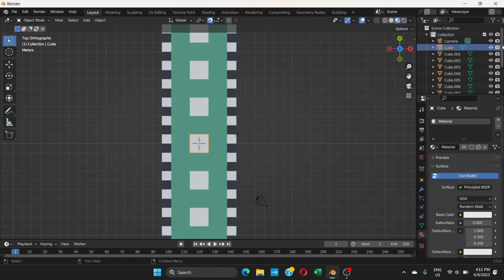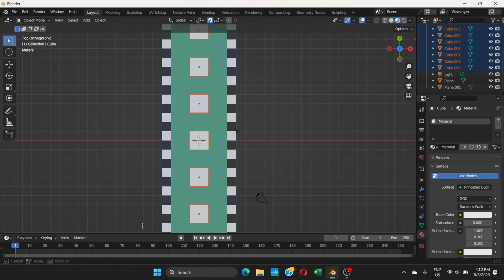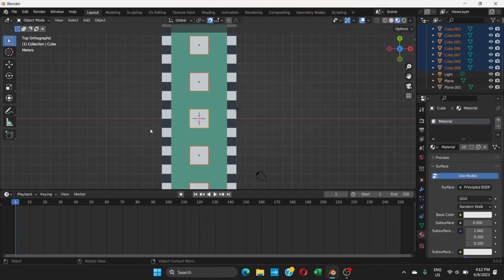Cube, and then go down here and hold the Shift key and select cube 009. Now here's a timeline. If you place your mouse here, you're gonna see this kind of sign, and after that you can just click and then drag. So this is the timeline where we are on frame 1. We have selected all the cubes, and